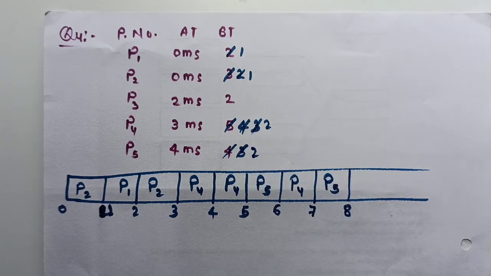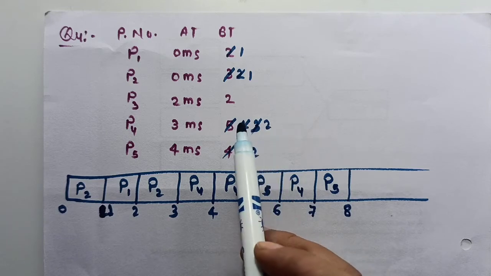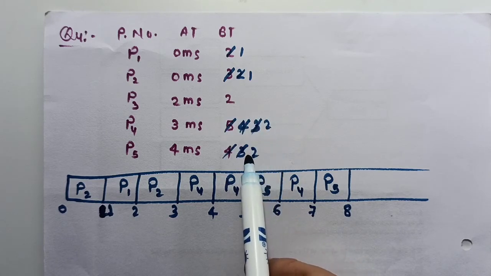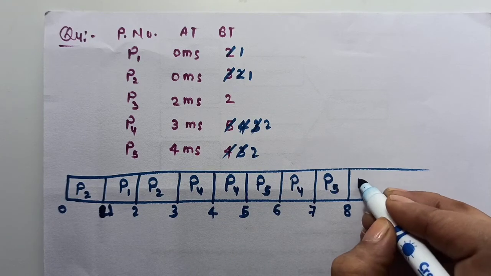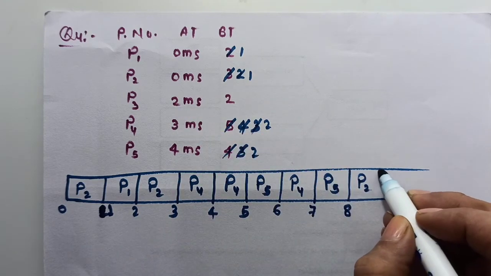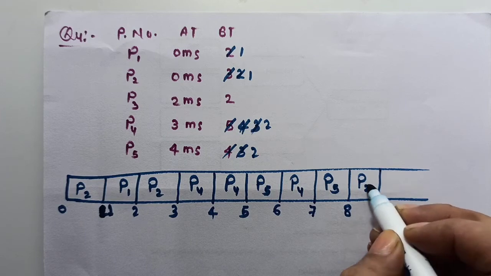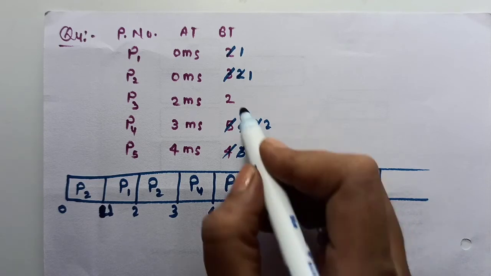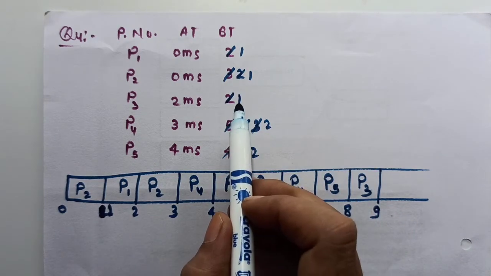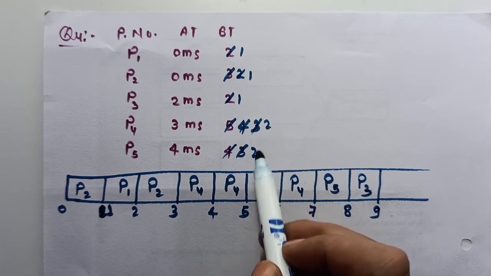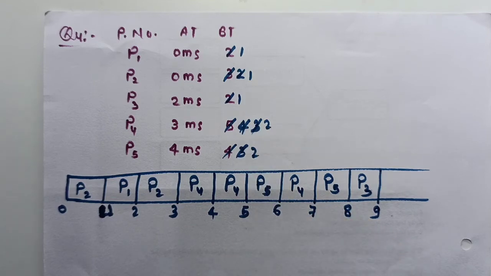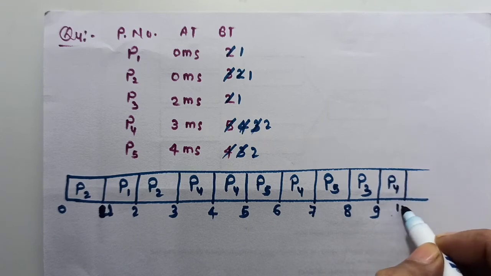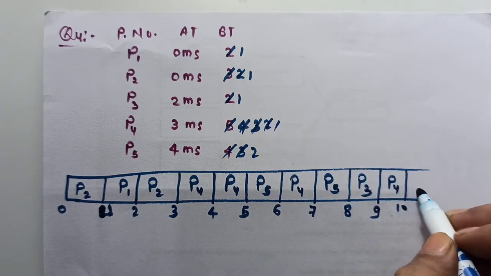Now see, now there are 3 processes between which there is a tie: process P3, P4 and P5. So which process to schedule next? Process P3, which has arrived first. Okay, so it will execute for how much time? Only 1 unit, because after executing 1 unit, the next 2 processes have the highest burst time. So किसको allocate करेंगे? दोनों में से P4 को. क्यों? क्योंकि पहले आया है. And then P5.